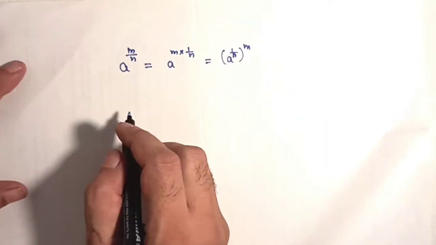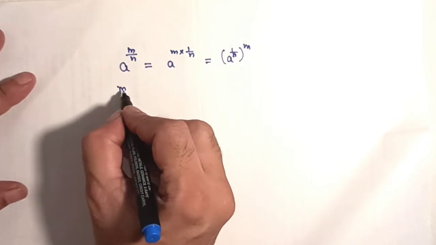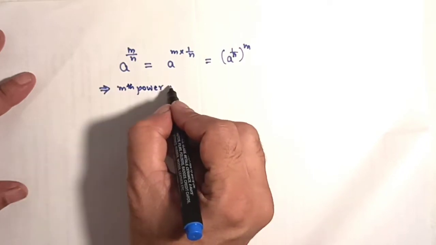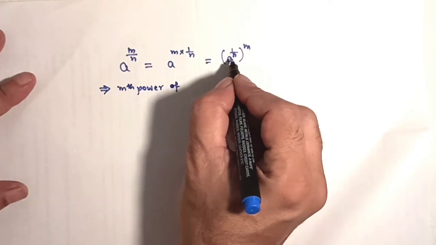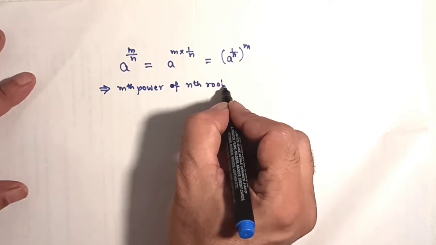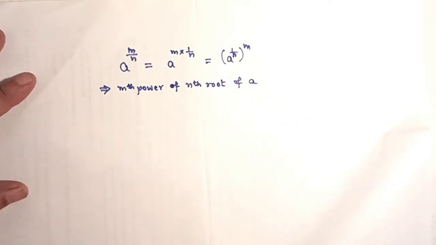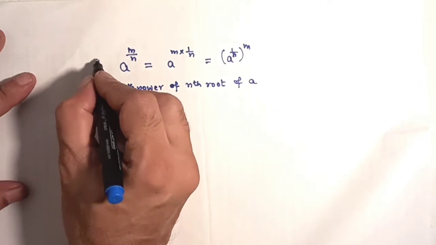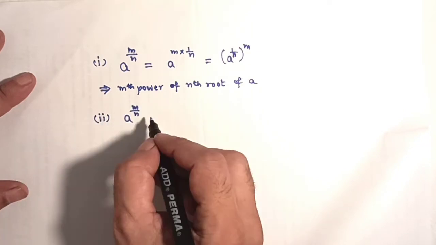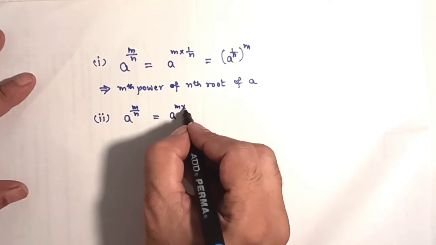And how do you read this? This can be read as mth power of 1 upon n, which means nth root of a. Now this is your first part. Say second, a raised to m upon n,